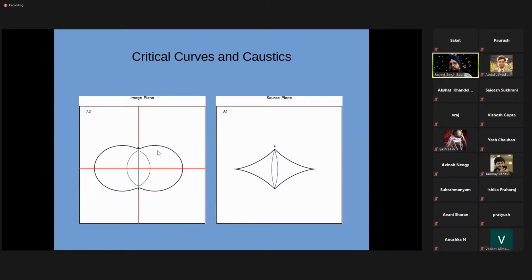Now this is drawn for a particular source redshift. If I draw it for a different redshift, I will still retain this kind of mirror symmetry about two lines, which are shown over here. And it turns out that any point of the critical curve on these lines will map to a cusp. Cusp is a pointy thing which you see over here or over here. Okay. So in an elliptical lens, I can draw a cross and the caustics will only be found at these particular points. And this caustic is to be seen in the source plane.